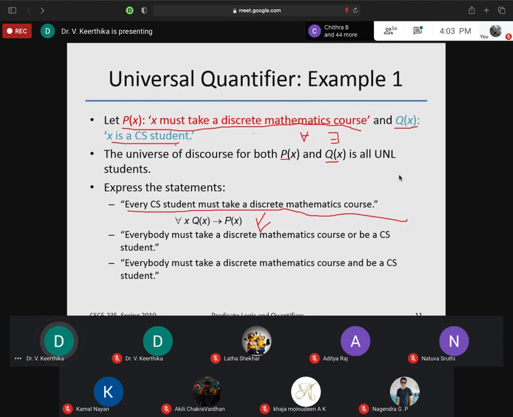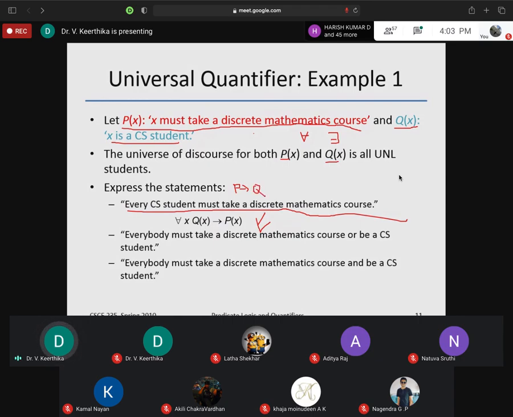So you have these two. Now, based on this, every CSE student must take a discrete mathematics course. That means if he is a CSE student, then he should. If-then statement, you have already seen this in laws of logic. This is P implies Q.